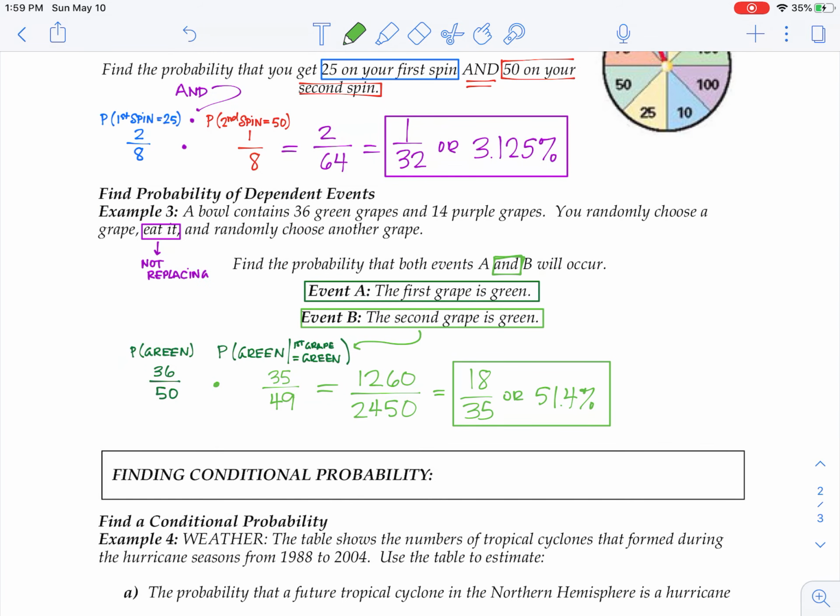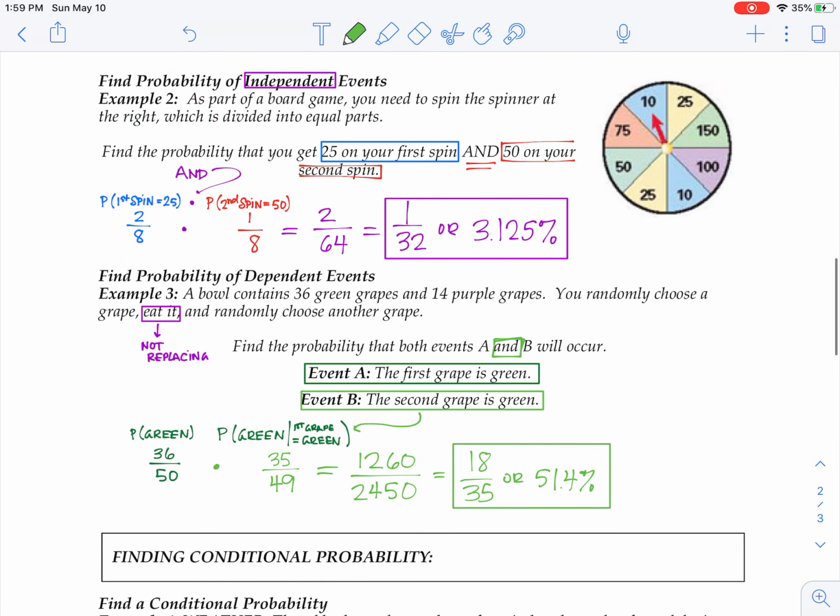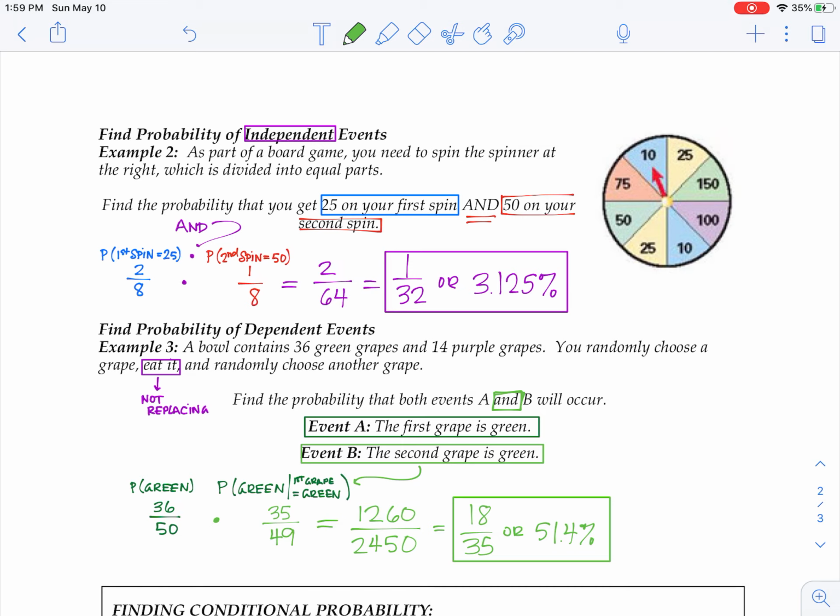All right. So there you've seen independent and dependent events. All right, so last but not least,